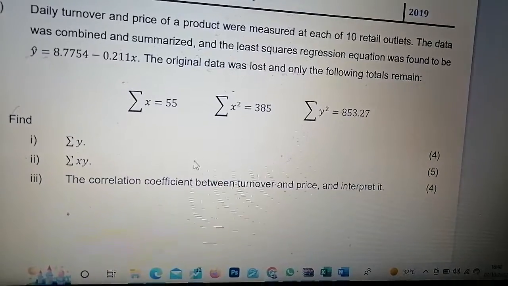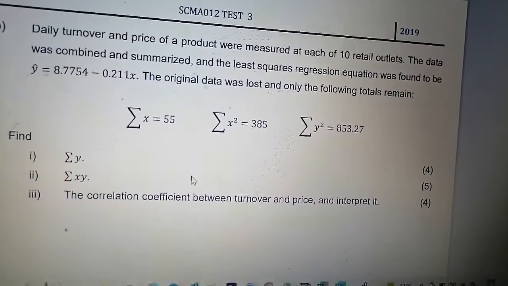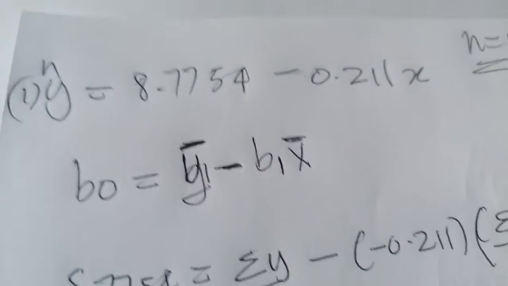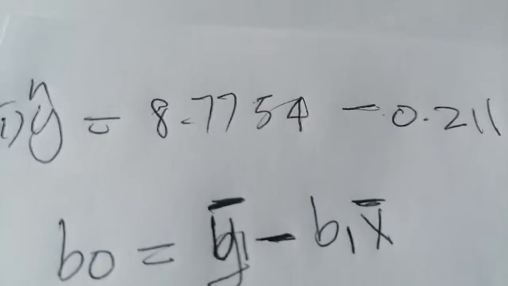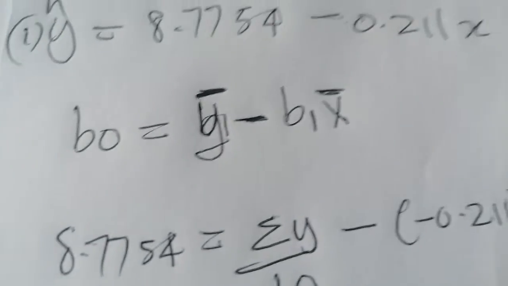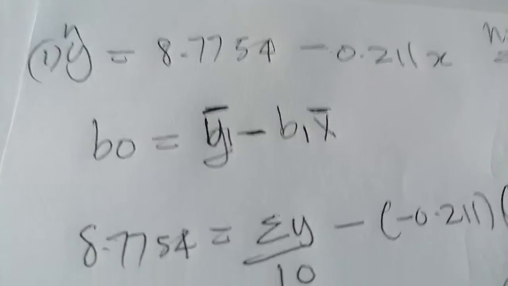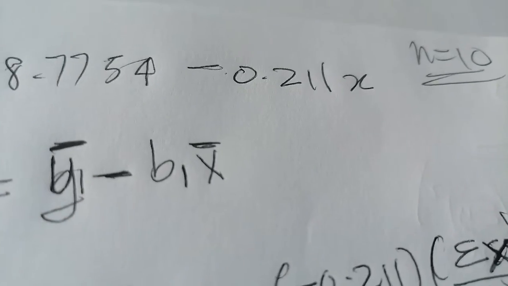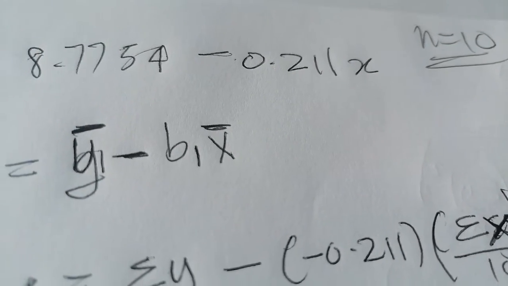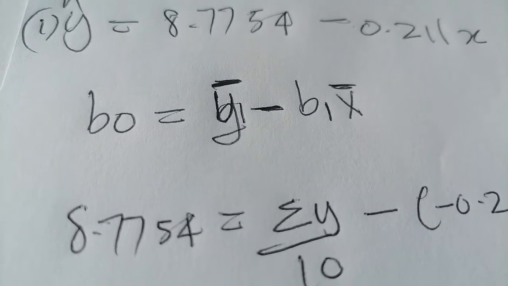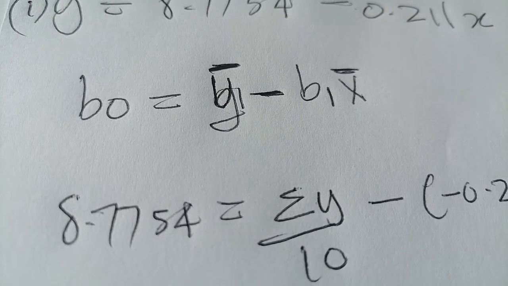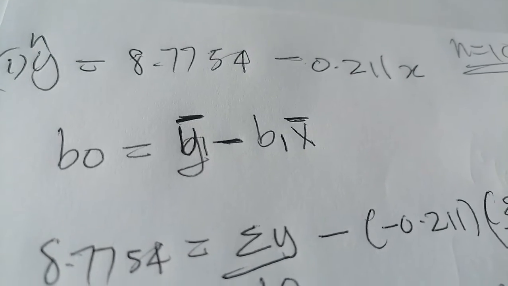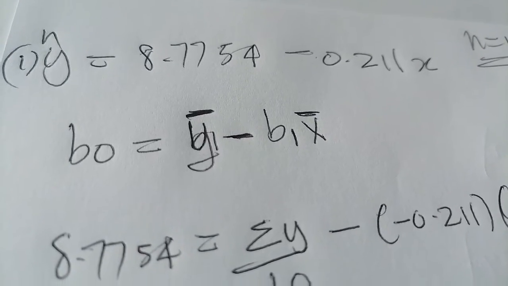Now let's answer the first question. To find the sum of y, we are given the equation y head is equals to 8.7754 minus 0.211x. So from the information we can deduce that n is equals to 10. The equation for b naught, which is your y-intercept, is b naught is equals to y bar minus b1 x bar. Now if you check from the equation, we can deduce that our b naught is